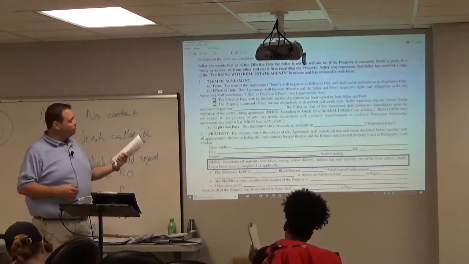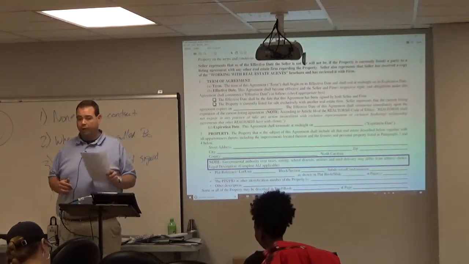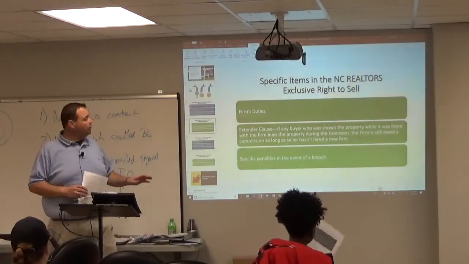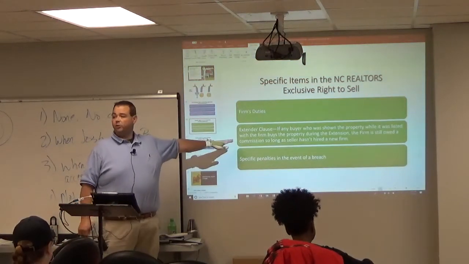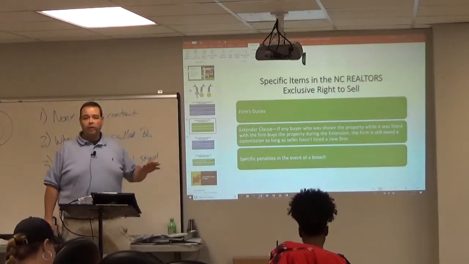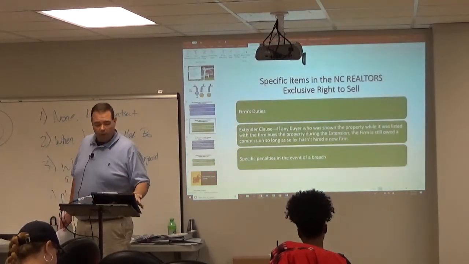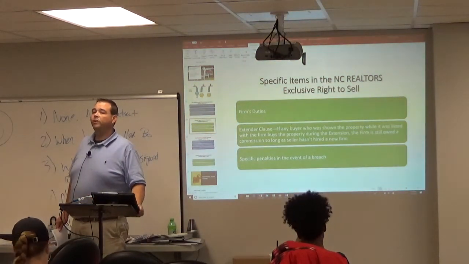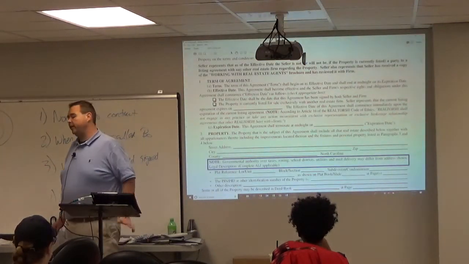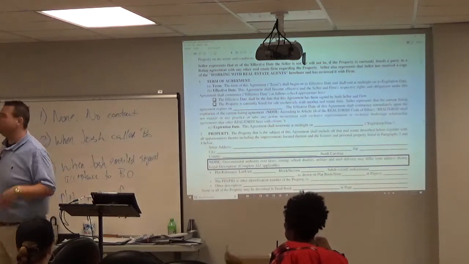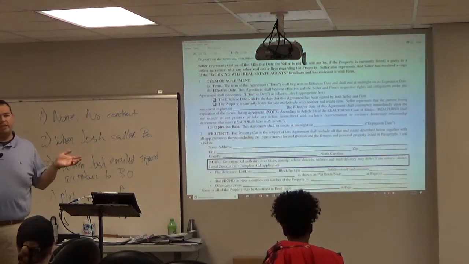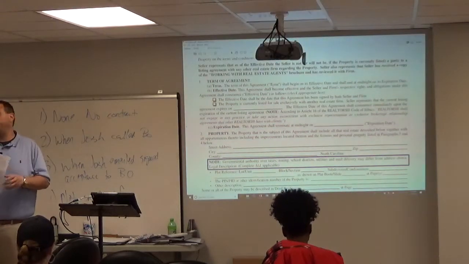So now I want to talk about the first thing that's in your bullet point on the slide package. I'll flip back over here. This thing called the extender clause. Not Santa Claus, but extender clause, right? The extender clause. What do you think we're going to be extending? What date did we just talk about? The expiration date. So what is an expiration date? It's a date when the agreement does what? Expires. But what does that mean? Ends. It's a date when this agreement ends.